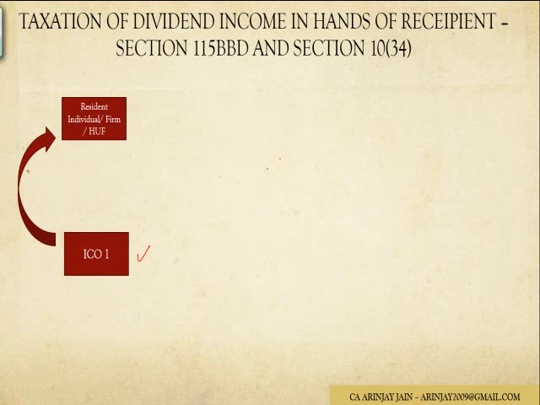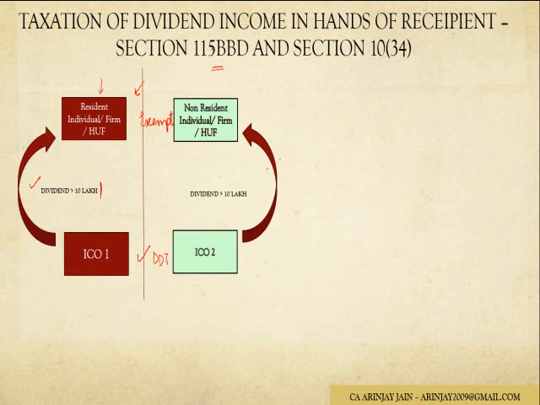company which declares dividend in excess of 10 lakh, or for that matter any amount, to a resident individual, a firm or an HUF, the company pays a dividend distribution tax, and this dividend is exempt from tax in the hands of the recipient. What the new section proposes is, it tries to make a distinction between dividend which is